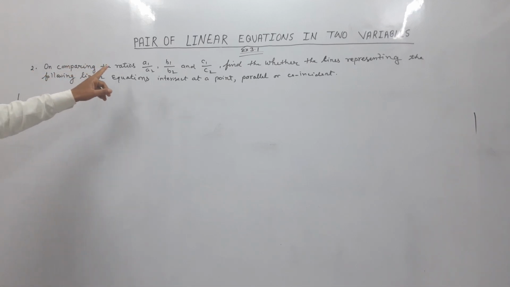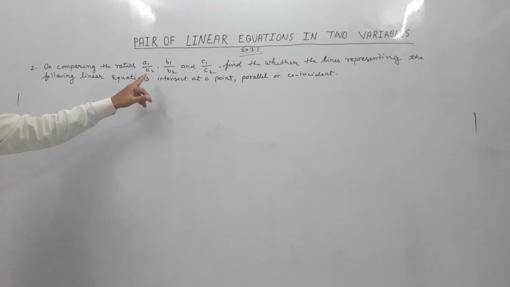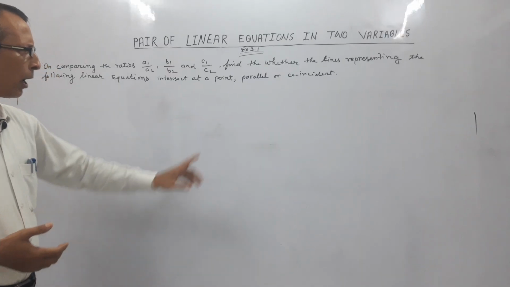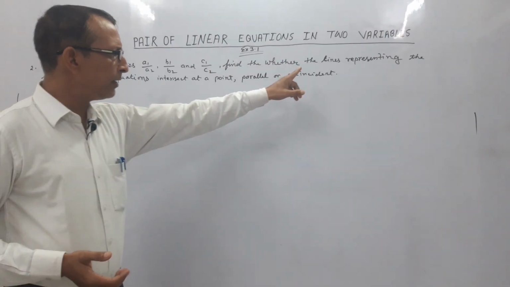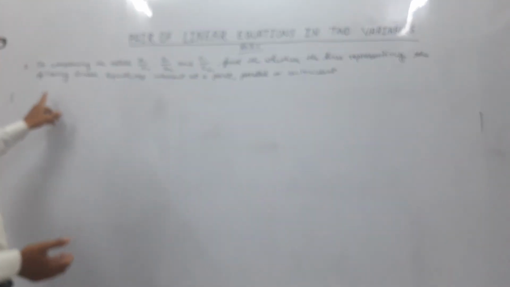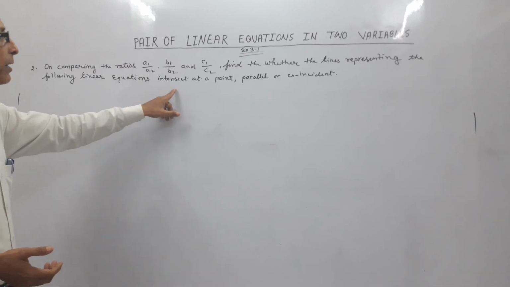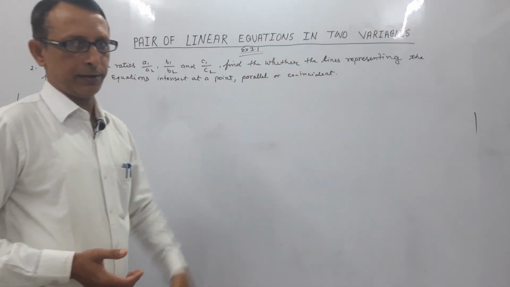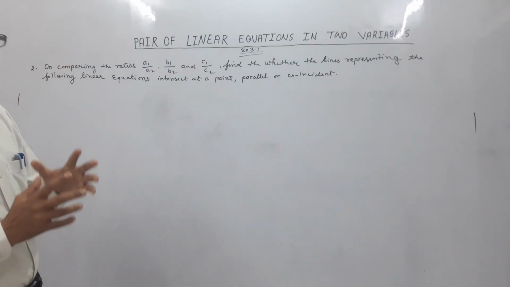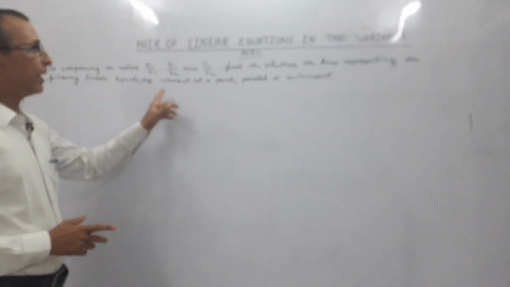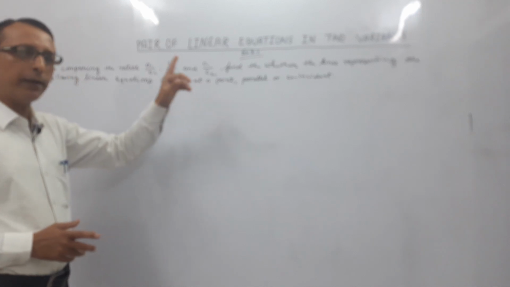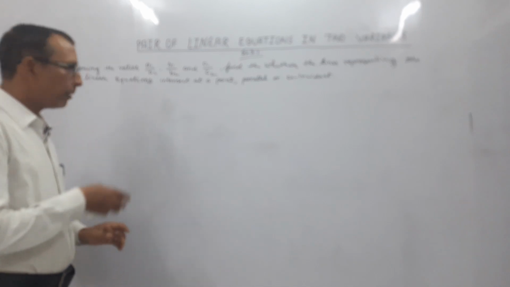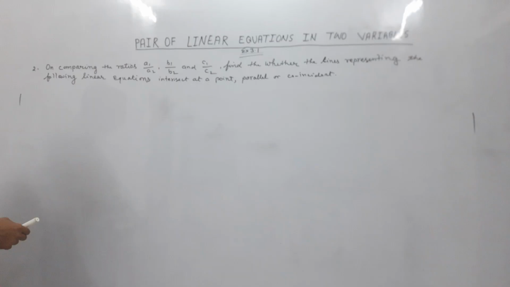तो पहला क्वेश्चन देखते हैं क्या कहता है। ऑन कंपेयरिंग द रेशियोज A1 upon A2, B1 upon B2 and C1 upon C2, find whether the lines representing the following linear equations intersect at a point, parallel or coincident. मीन्स जो ग्राफ की लाइंस होगी वो इंटरसेक्ट एट ए पॉइंट होगी या पैरेलल होगी या कोइंसिडेंट होगी, इसी का पता लगाना है। चलते हैं हम लोग फर्स्ट क्वेश्चन की तरफ।